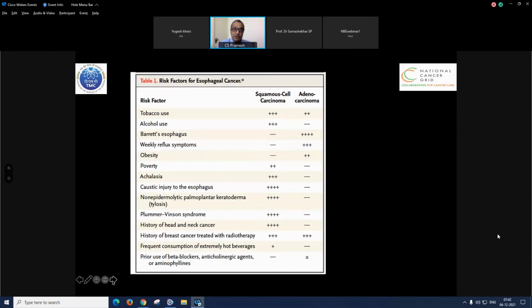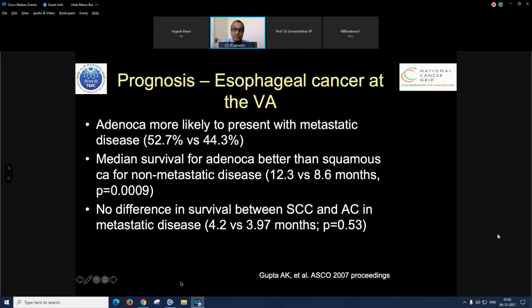The risk factors for squamous and adenocarcinomas are also very different. Squamous cancers are more related to tobacco and alcohol use, whereas adenocarcinomas are more related to reflux and Barrett's esophagus. And prognosis-wise also, it is very different. Adenocarcinomas are more likely to present with metastatic disease, but the overall median survival for adenocarcinomas is better than squamous